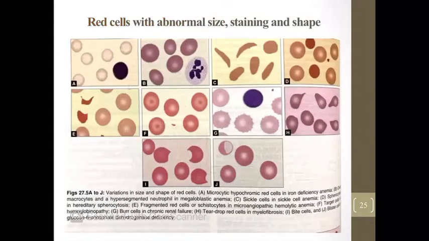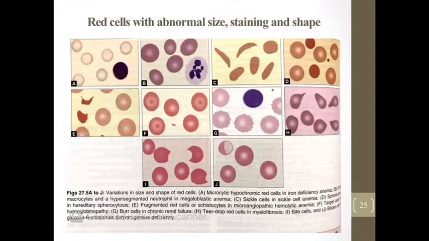So in the first smear, normally the size of the RBC is equal to the size of the nucleus of the small lymphocyte. In photograph A, the size of the RBC is decreased, so it is a case of microcyte. We have shown this in microcytic hypochromic anemia. The second picture is an RBC with size increased more than 100 femtoliters, seen in macrocytic anemia, so it is a macrocyte.